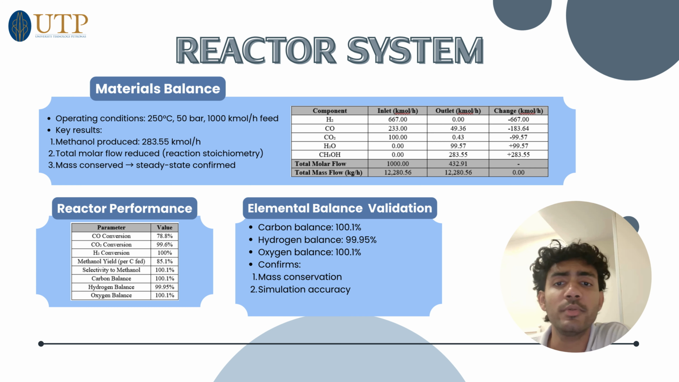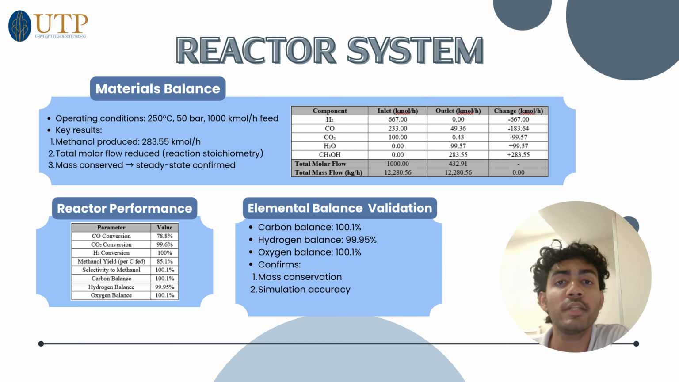From the performance, we can conclude that it indicates high efficiency and effective syngas utilization. Elemental balance was also performed to validate the simulation accuracy. The carbon balance is 100.1%, hydrogen is 99.5%, and oxygen is 100.1%. These results demonstrate both mass conservation and the reliability of the simulation model, ensuring that the process design and calculations